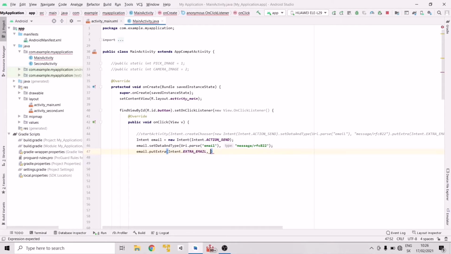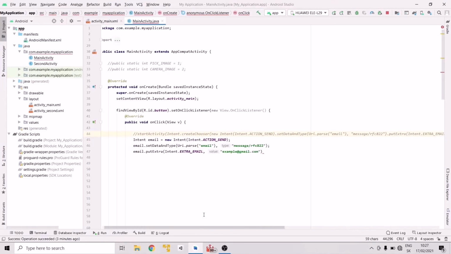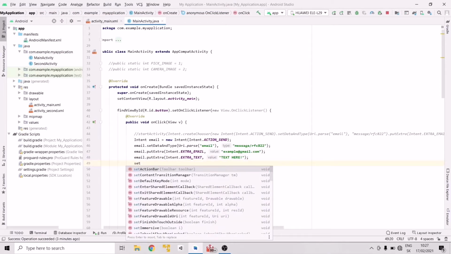Next you can basically add the address, for example example@gmail.com. Next you can basically add the subject here, and text. I can basically copy this like this and create an email and Ctrl V like this. But it shouldn't work. Only I will copy only this, and now basically start